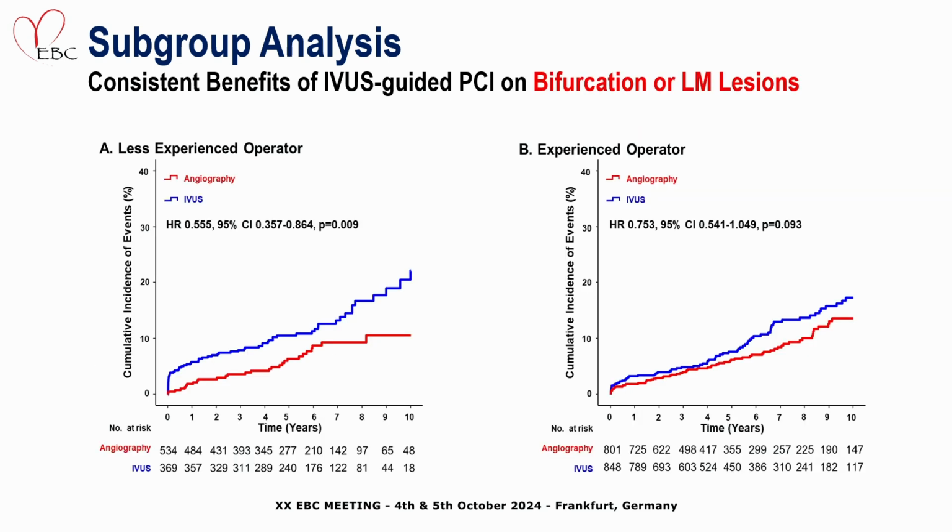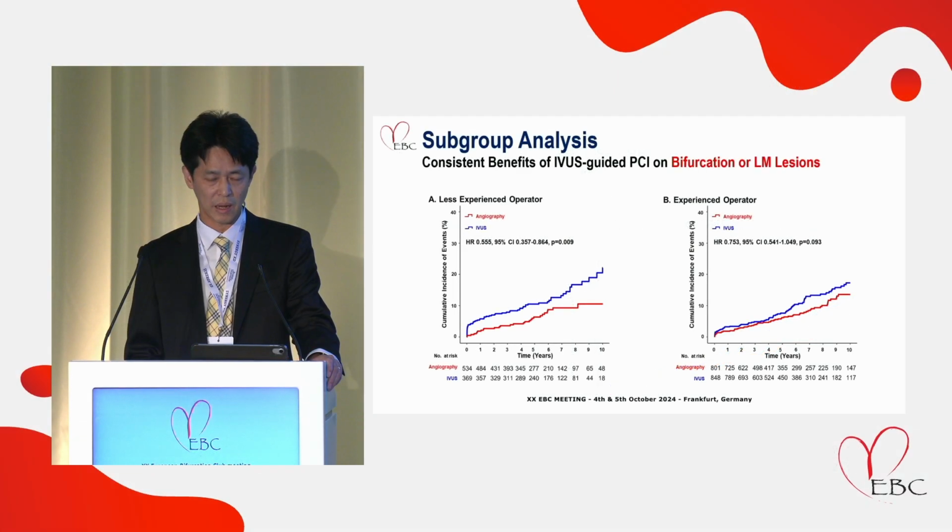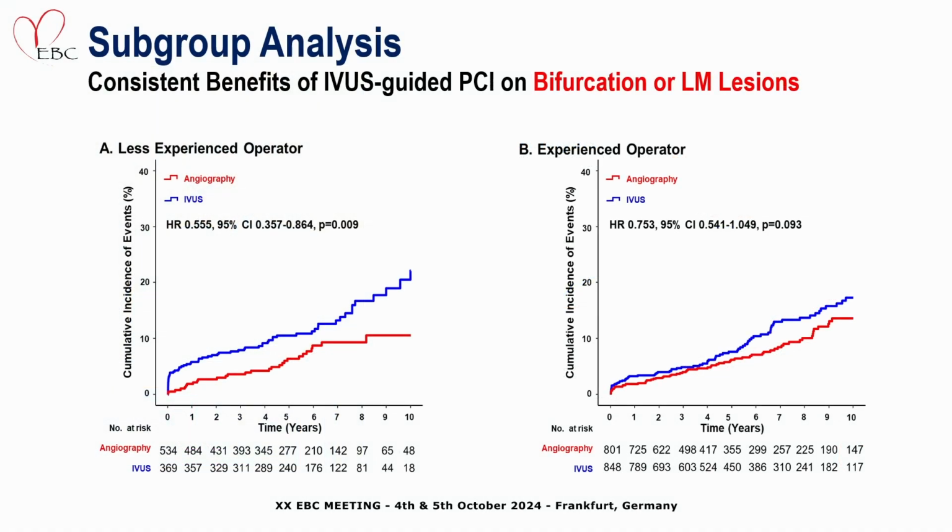In this slide, we particularly focus on bifurcation or left main lesions. As you can see here, both less experienced and experienced operators benefit from IVUS guidance. So when performing PCI on these